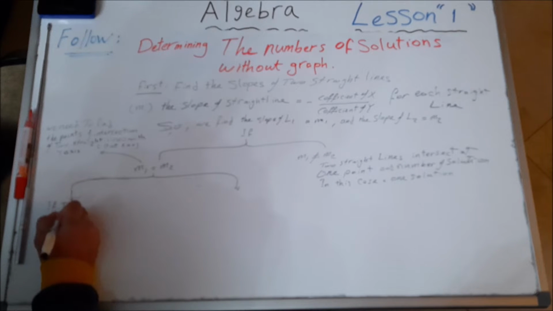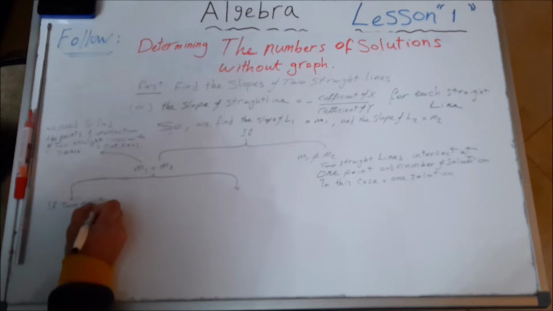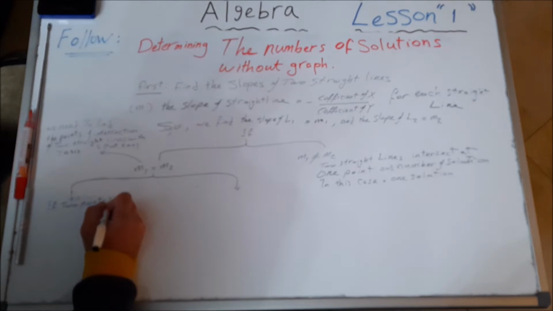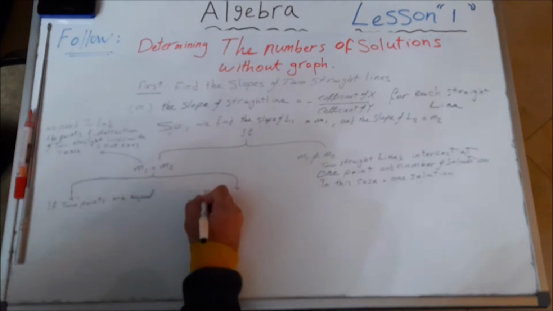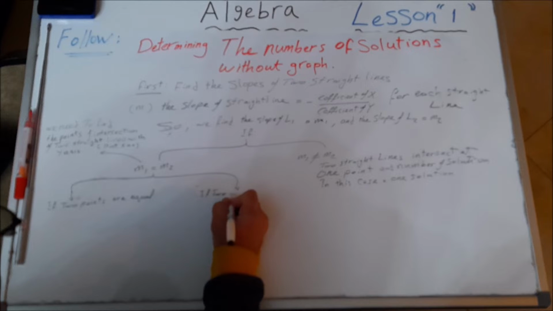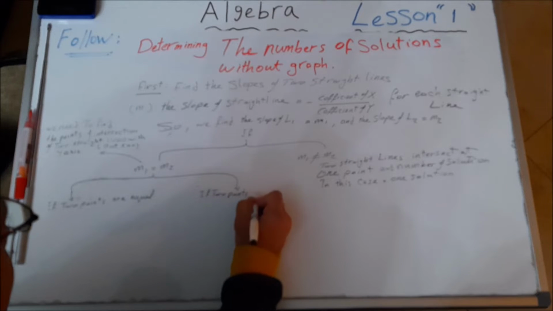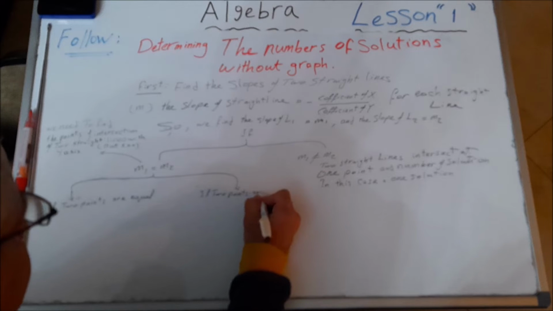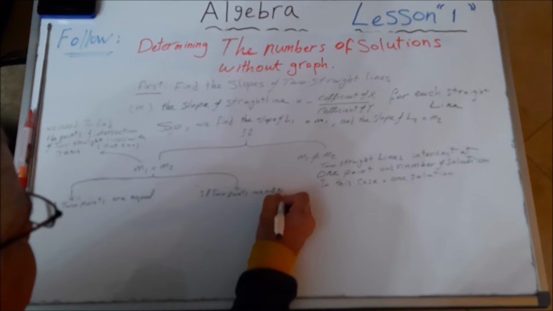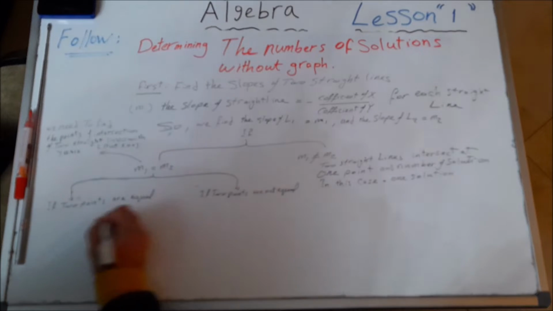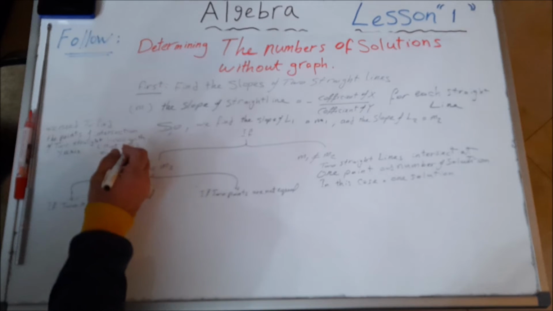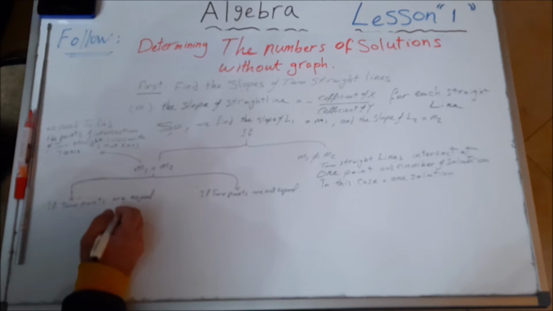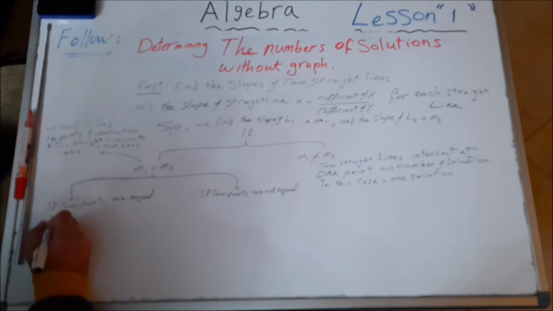طيب بعد ما بجيب ال points of intersection of two straight lines with the y axis by putting x equal 0 هيطلع عندي two cases في الحالتين دول. If the 2 points اللي هما بتوع ال two straight lines are equal or if 2 points are not equal. When the 2 points of intersection of two straight lines with y-axis, if they are equal, in this case, two straight lines